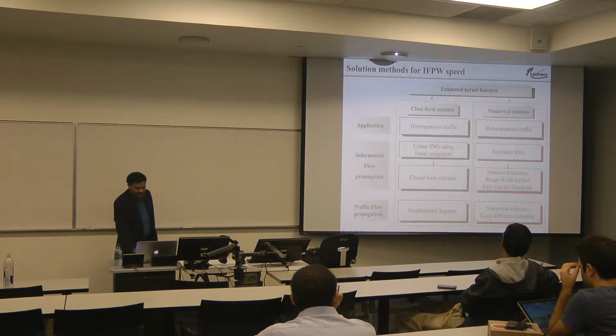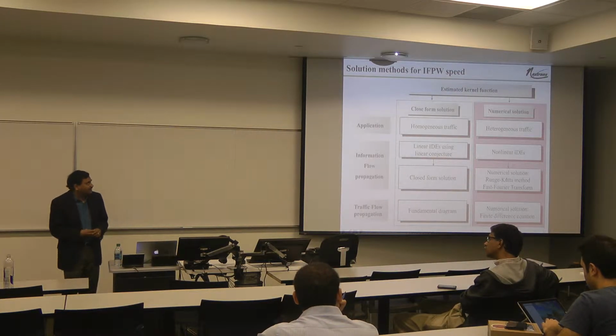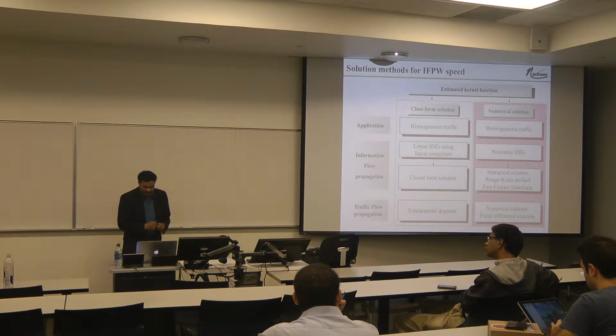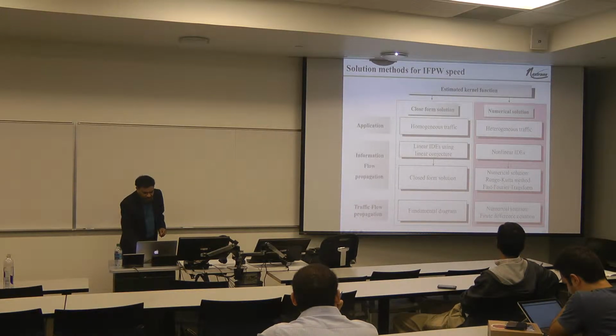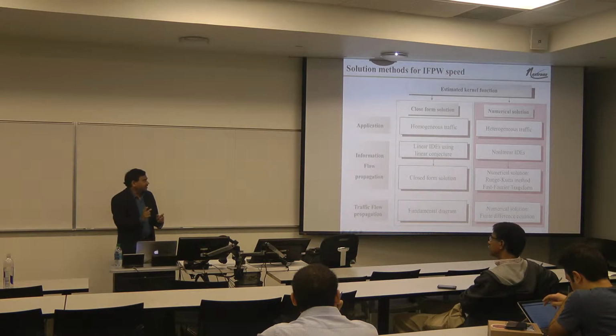So let's look at the second part here, which is the numerical solution, the exact one. This is when we have the heterogeneous, more general case, where you have nonlinear integro-differential equations. In order to solve this nonlinear integro-differential equation, we have an approach which uses two parts. First, there is a fast Fourier transform, and then we use the Peeta method on the initial value problem to come up with the solution. I'll skip again the process related to this and illustrate what we're able to find.